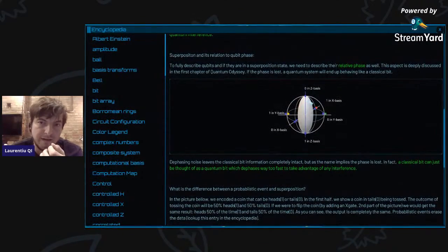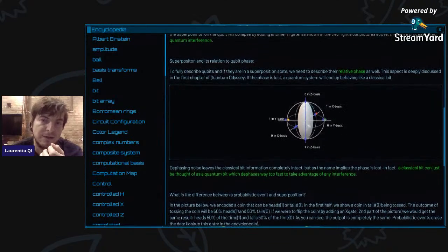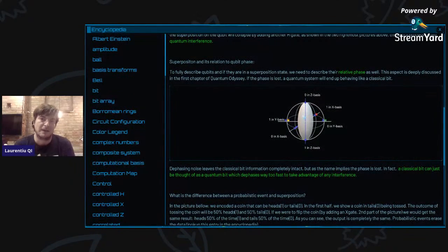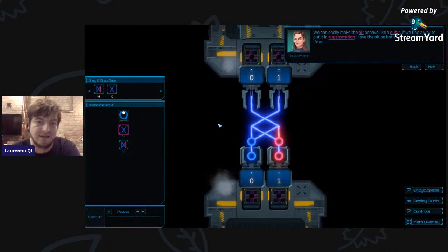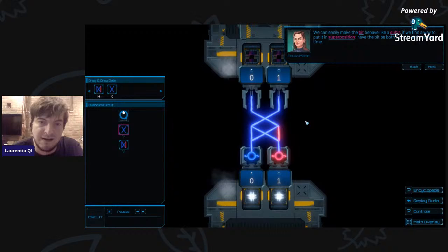We also talk about noise. You would not even be able to create that if you had noise. And what noise actually does is constrict the Bloch sphere into a single axis if you have noise on the relative phase of the qubits. So we are going really deep into what superposition actually is, why it does the things that we know it does, and